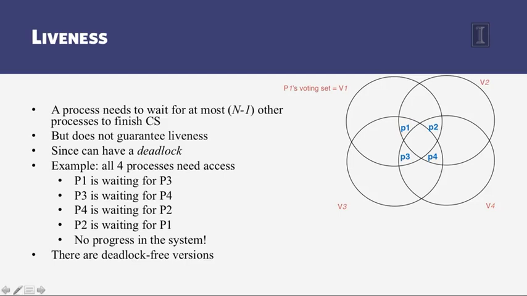P3 in turn is waiting for P4's reply, which is in its voting set. P4 is waiting for P2's reply, and P2 in turn is waiting for P1's reply. Now we've completed a cycle or a circle among these processes, and this is called a deadlock. There is not going to be any more progress in the system because these processes are going to be waiting